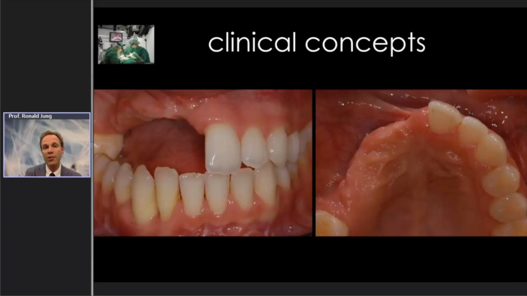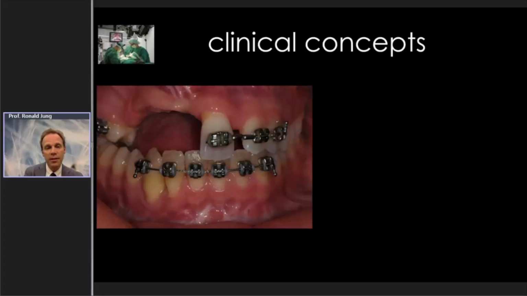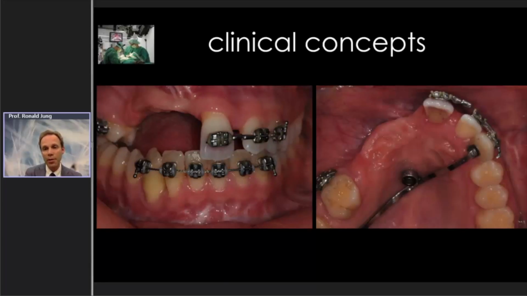But the idea was to use this tooth in order to generate more bone in the area of the midline, because this is the most challenging part at the end, to get a sufficient amount of bone there. And we additionally used the first molar, to move this one more mesially. For that purpose, we did a treatment together with the orthodontist using a palatal implant, allowing us to move the central incisor over the midline. So there was a huge need from our side to involve the orthodontics in order to really help us move this tooth over the midline.